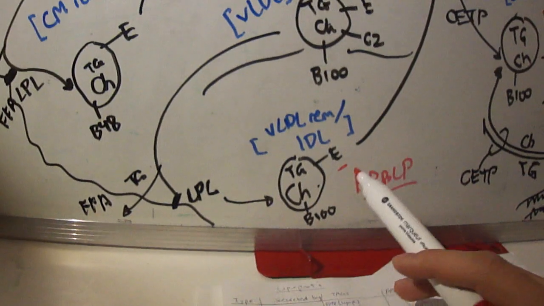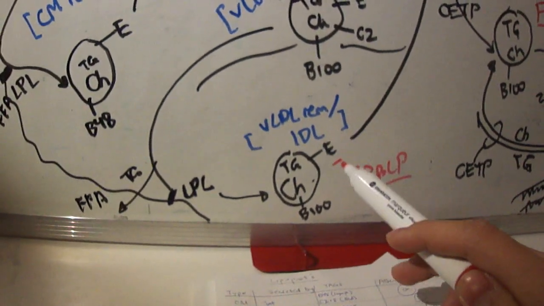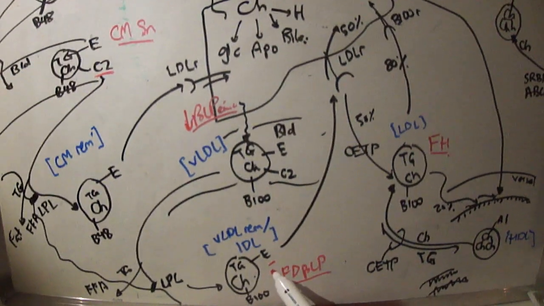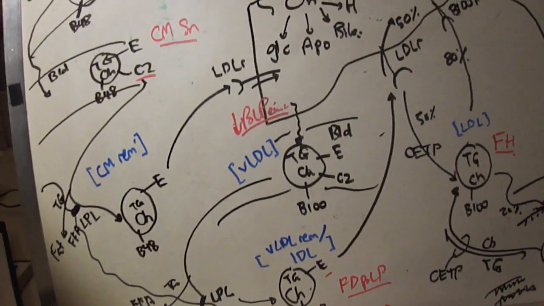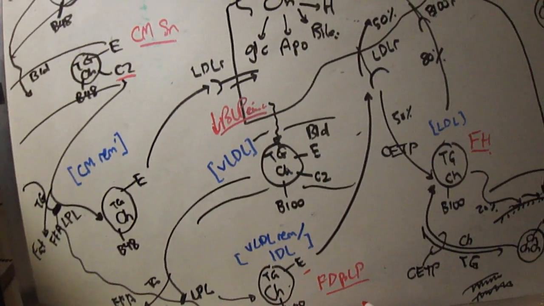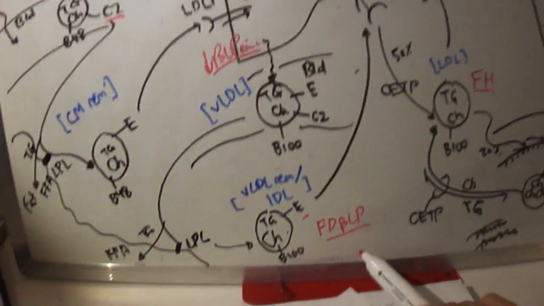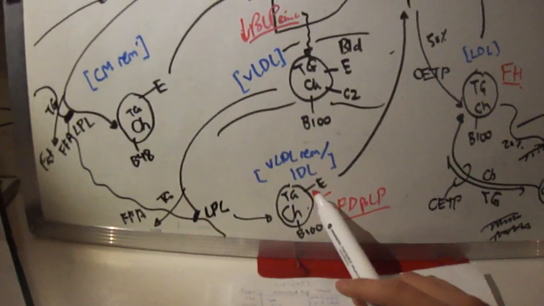You can have different isoforms of ApoE, which means that it is not as absorbable by the liver, and so what happens there is you have a familial dysbetalipoproteinemia characterized by very high triglycerides, because as you remember,